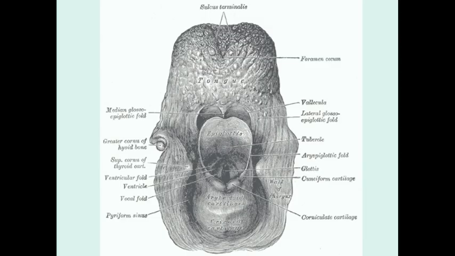So here's a good picture for you here. This would basically be like if we took the tongue out and the trachea got dragged with it. This is what we're looking at here. So here's the tongue, and then here's the epiglottis. Now typically you can't see your epiglottis very easily. You can see your tonsils and you can see your uvula, but the epiglottis is down a little bit further.